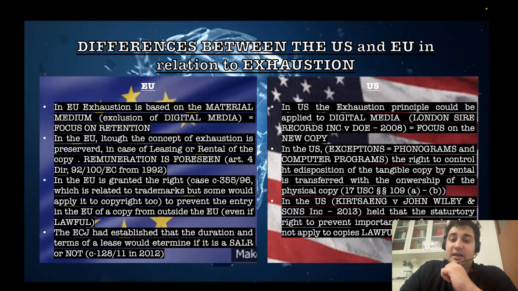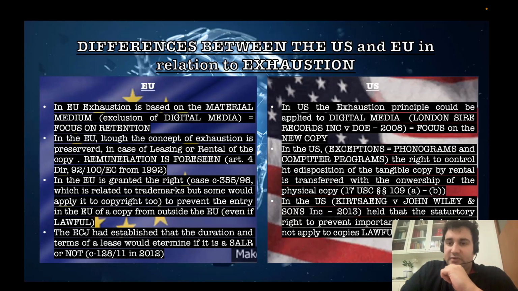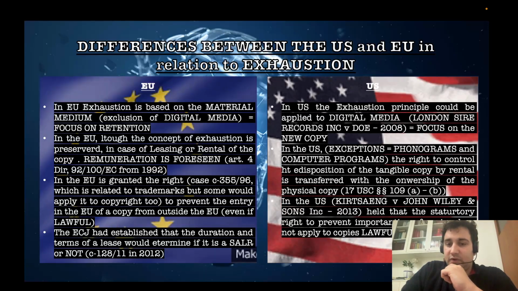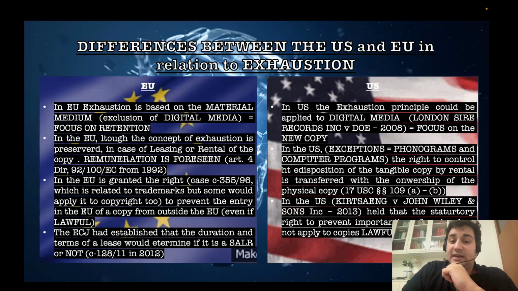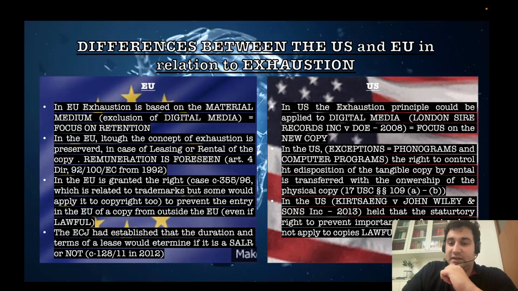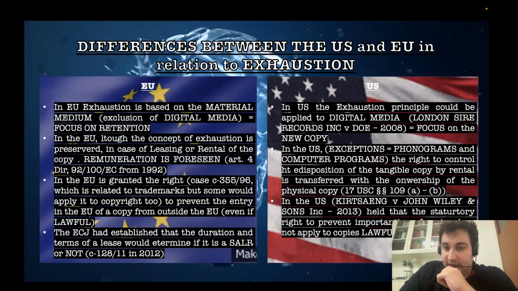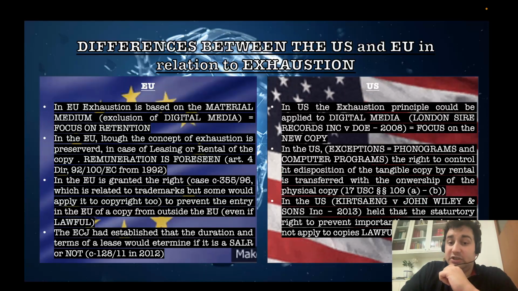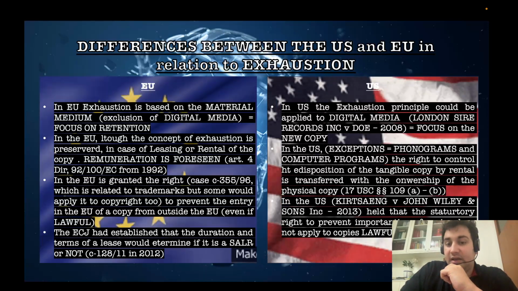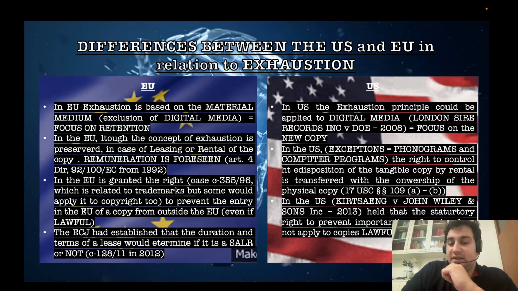Instead, in the US, with the exception of phonograms and computer programs, the right to control the disposition of the tangible copy by rental is transferred with the ownership of the physical copy, as per Title 17 USC